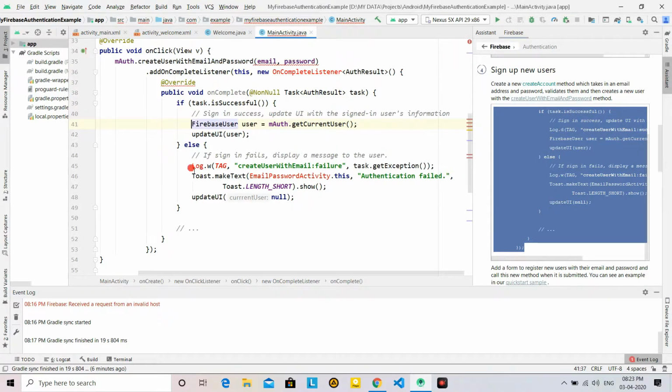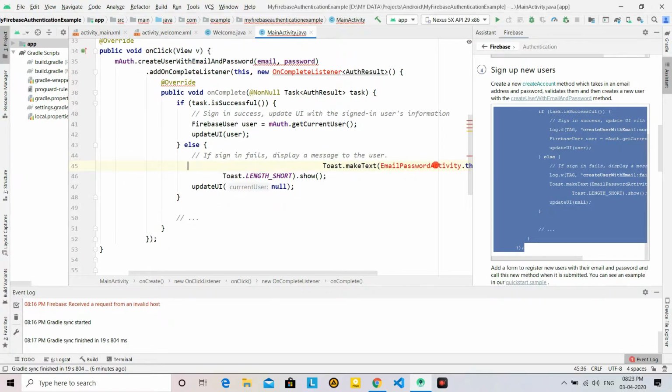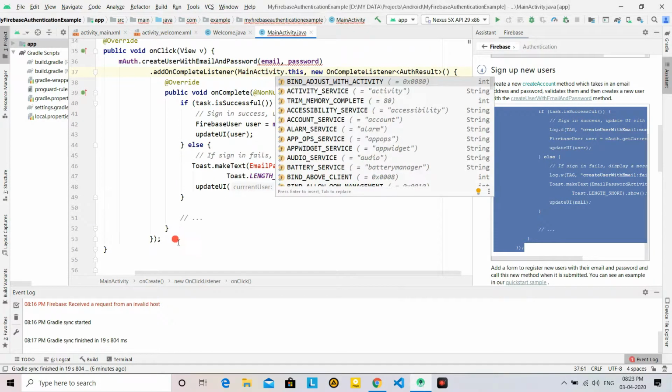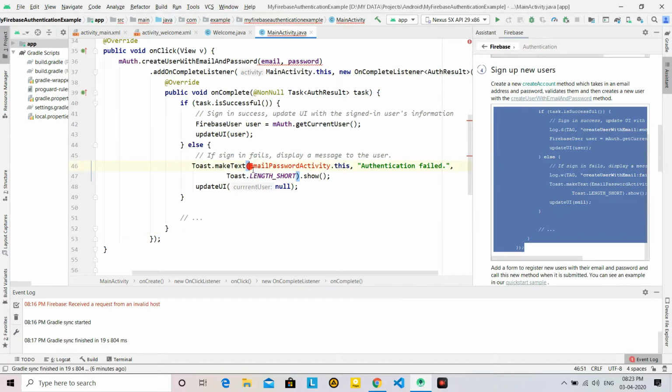Then remove this log also, nothing is required here. Now this also import, Alt Enter. Here we have to change MainActivity.this, first change. Here we have to change MainActivity.this, second change.